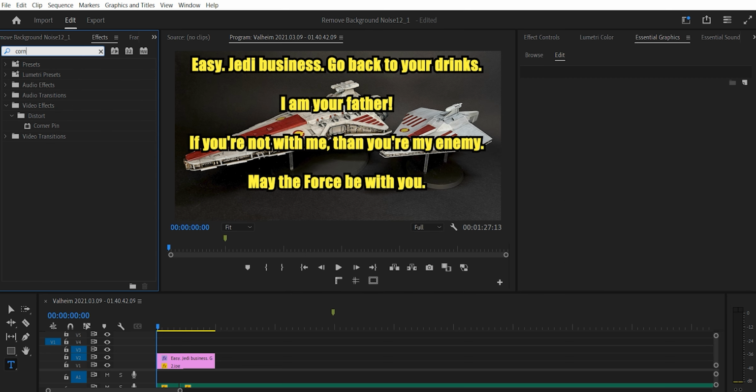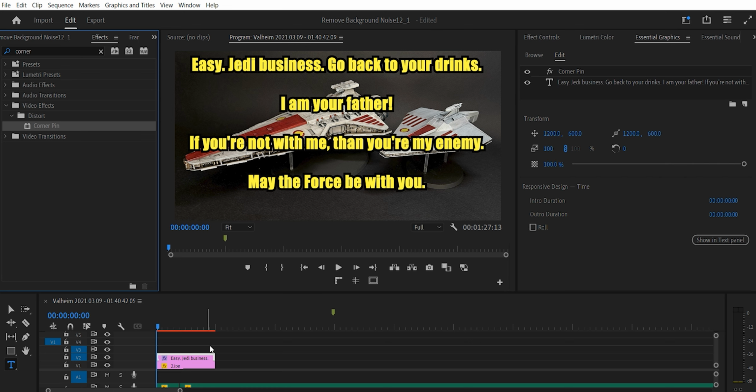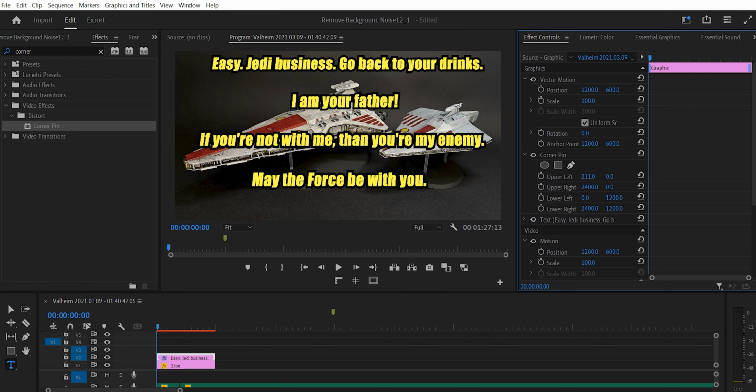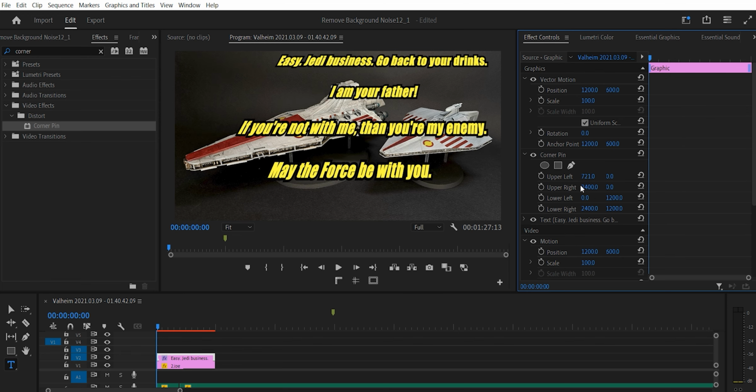Come back to Effects and write Corner Pin. Add your corner pin effect to your text layer. Go back to the effects control and modify the upper left and upper right X values until your text starts to